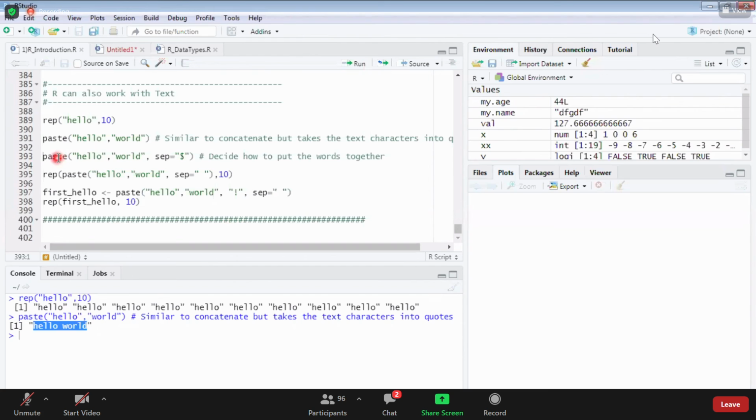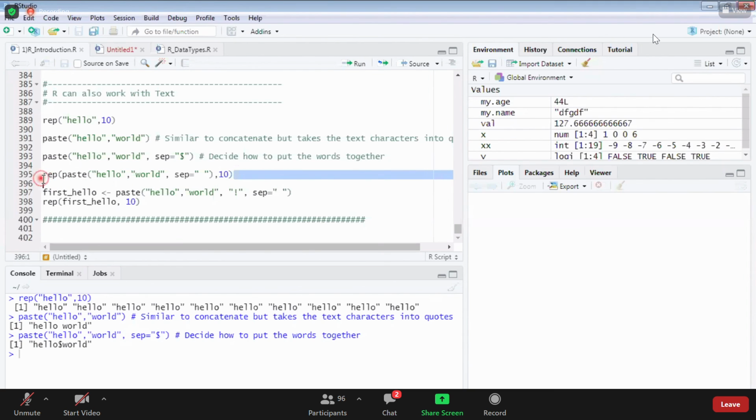Okay. Now this one, paste hello world. What is sep? Separate, sir. Separate it with a separator. Do we have a separator in Python? Yes, sir. We print the same thing. Separator. Either only dollar we can give or anything. Anything, sir. Can I give space? Yes, sir. Okay. Now tell me what does this print?